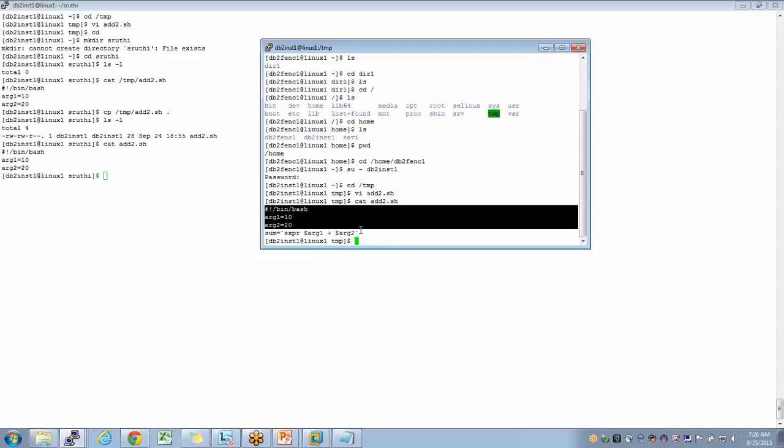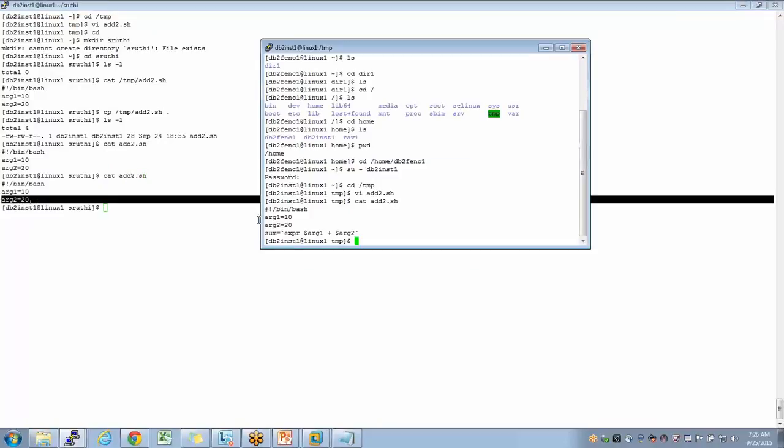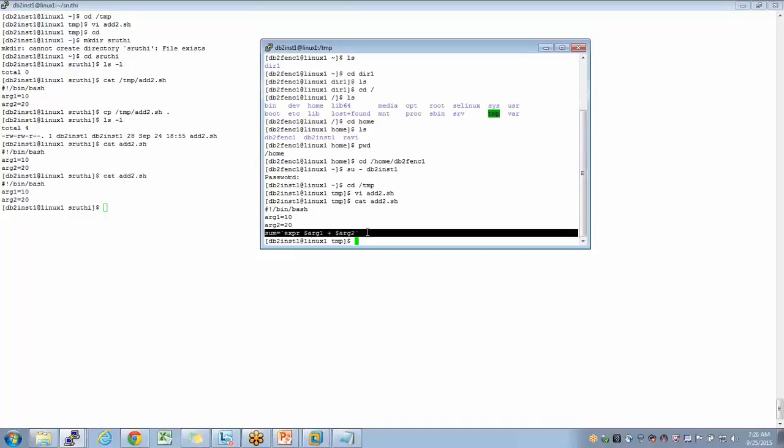I have added 3 lines here. But the challenge with the copy is when I come here and run add2.sh, I'll see only till argument 2. I cannot see the sum. You see what I'm trying to say?